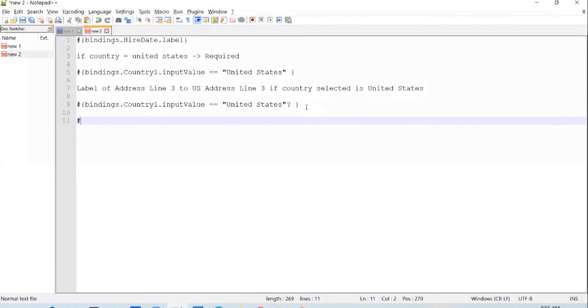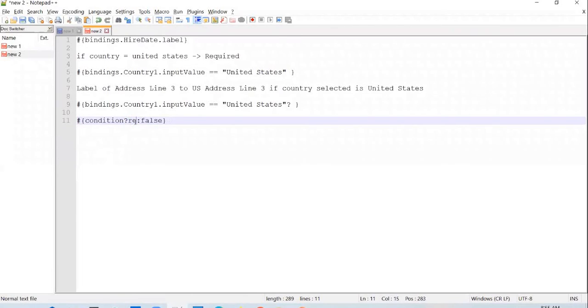In expression language, you can write in a condition, put a question mark, mention what you want to return in case it is true, and put a colon and mention what you want to return if the condition is false.